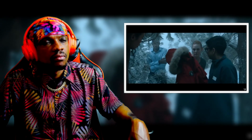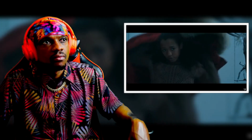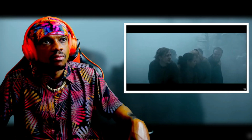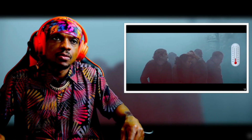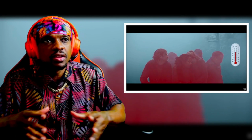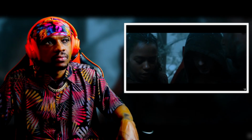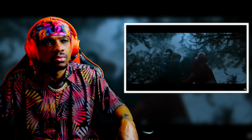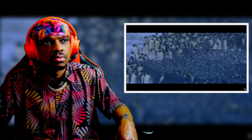This jacket is the perfect example, because it makes them think that it's the only possible way to stay warm, which is a lie. The smarter thing to do here is to stay together in a huddle and use the warmth of each other's bodies to create our own microclimate of body temperature, providing more collective energy to the group than a single jacket. It might sound counterintuitive, but it's surprisingly effective, and even emperor penguins use this as a